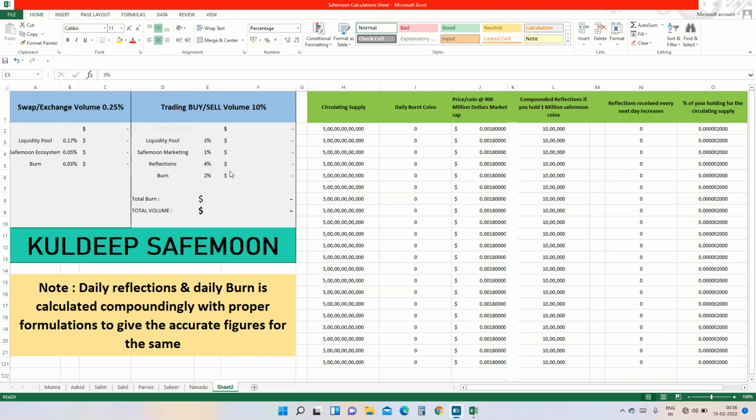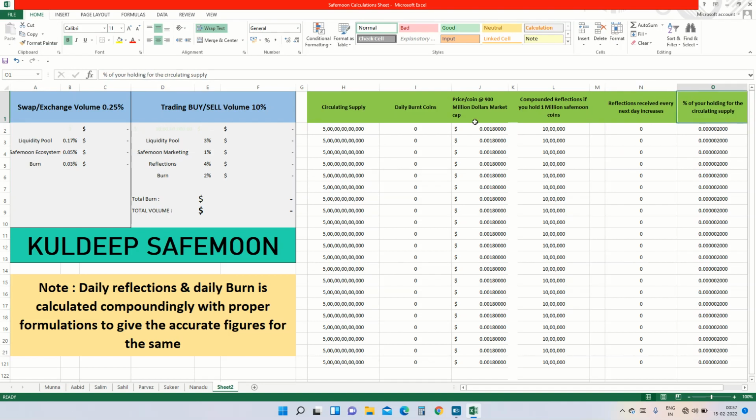The burn will be decreasing the circulating supply, and if we try to maintain the price, as the fudders say that the market cap of SafeMoon is not going to increase, let's take it as an example. Let's maintain the market cap at $900 million for the next 120 days, with the same volume. I've tried to show you here that if we have 1 million SafeMoon coins with $1 billion of volume, what is going to happen to our reflections, compounding reflections,